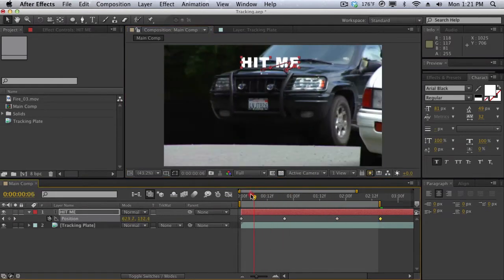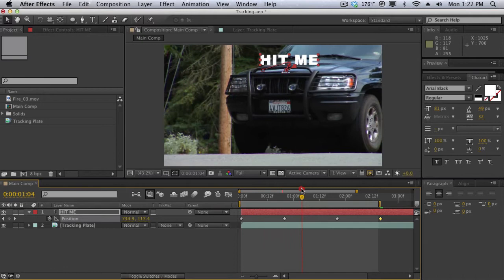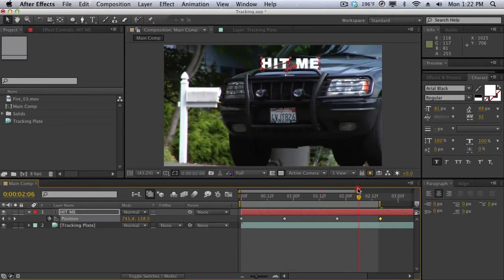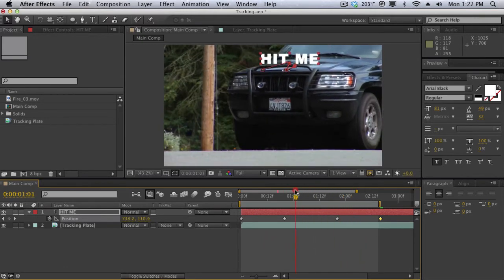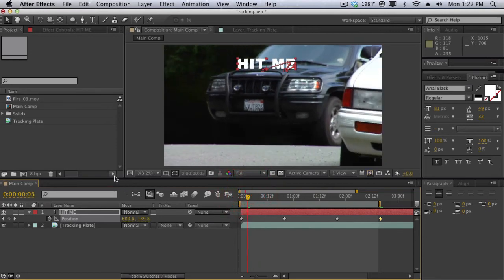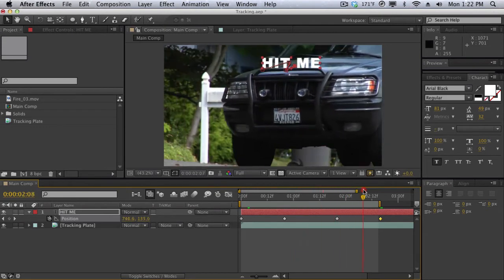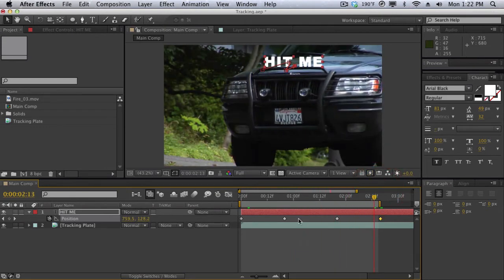It can be a very tedious process, and again, it doesn't look 100% realistic, and it's hard to get exactly right. And then you would have to play around with the rotation and the scale, because as you see, as our vehicle gets closer, our text should get larger as well. It's a very tedious task, and this is the basics of the problems for a compositor here. So to ease the process, we can do something called motion tracking, which is going to track the motion,